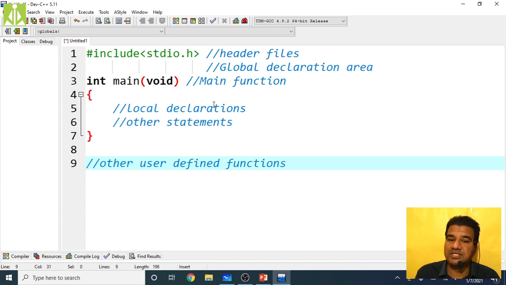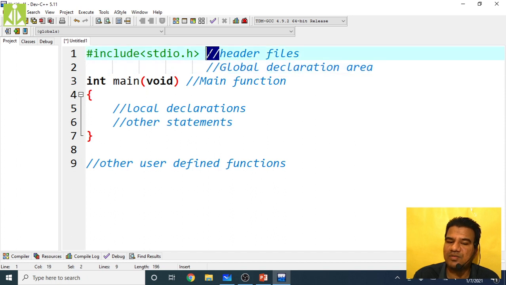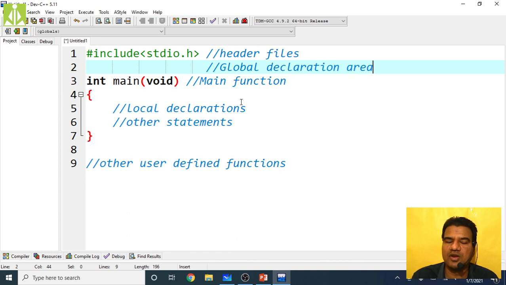You might have noticed that whatever extra lines, English-like statements I'm writing over here, I'm including inside comments. These are nothing but line comments. We discussed the concept of comments, isn't it? A line comment starts over here and ends when the line ends. So what will your compiler do with all these comments? It will simply ignore them. It will not process these things.